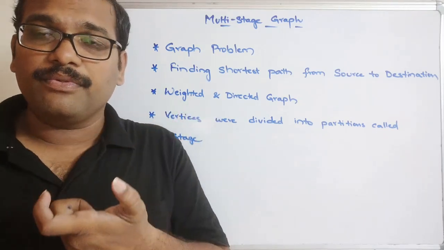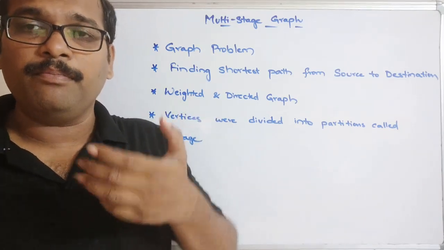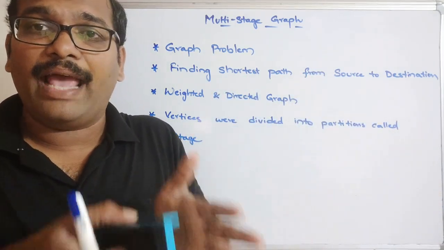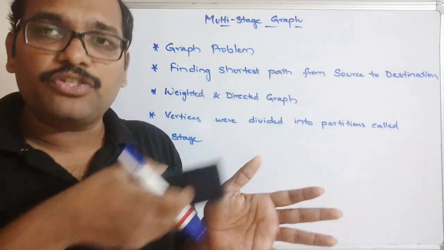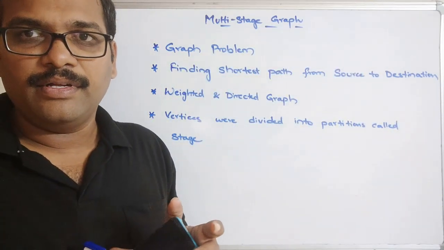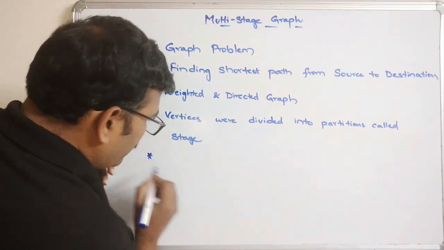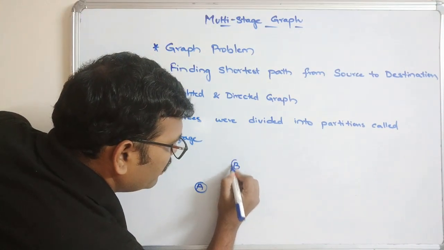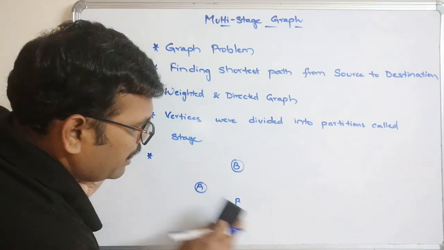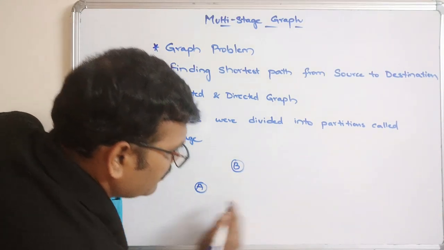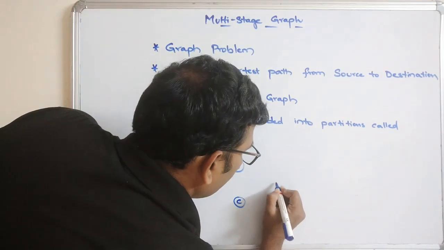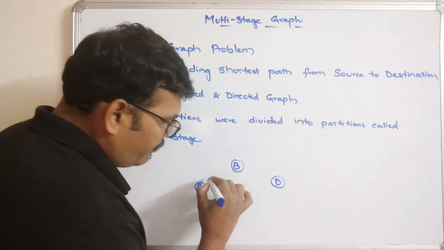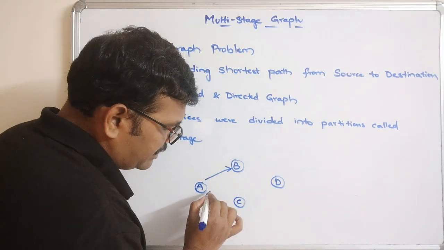So if the direction is from the current vertex to the next vertex, there should not be an edge from the next vertex to the current vertex. I'll show you an example so that you can understand. So if the graph is like this, let us take A, B, C, D. These are our different vertices. If there are edges like this,